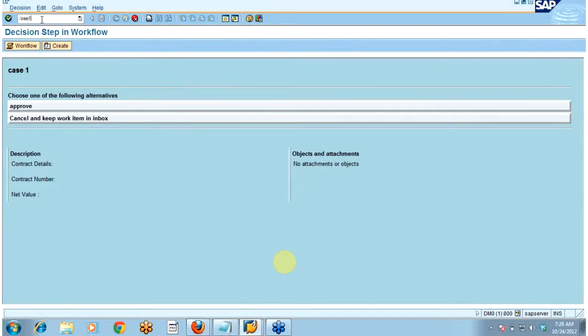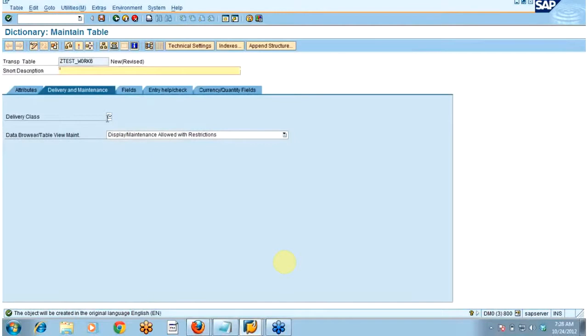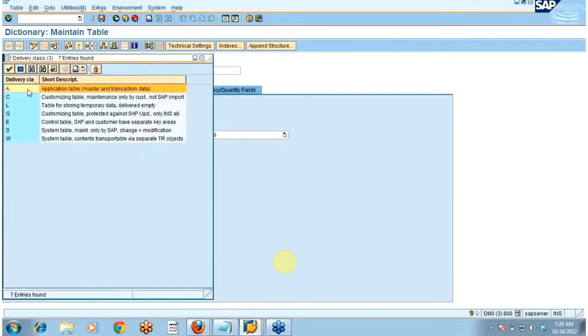So in SE11 I will be creating one table. Here in delivery class I'm choosing A. I hope you people know how to create the table.